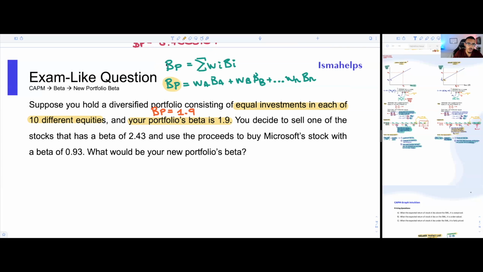So you know that you already have this input. This is great news. You also know that this portfolio has 10 assets, okay? So if you were to do the little formula game that I did right here, you would technically have the weight of 1 times the beta of 1, plus the weight of 2 times the beta of 2, plus dot dot dot, all the way to the weight of 10 times the beta of 10. And what's even more interesting is that they told you that you have equal investments between every single one of these different assets or equities